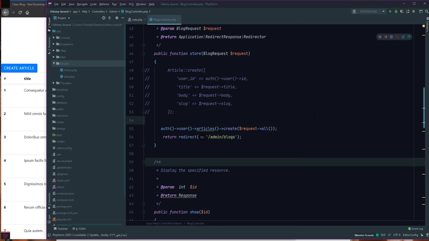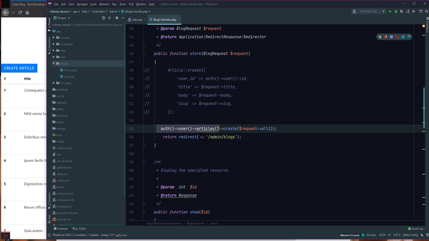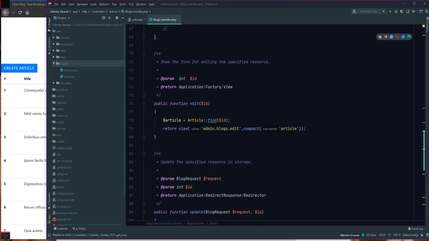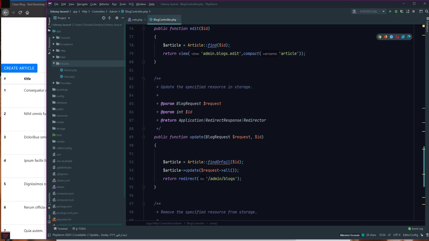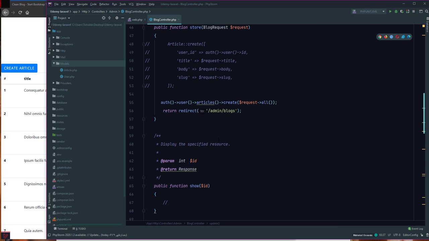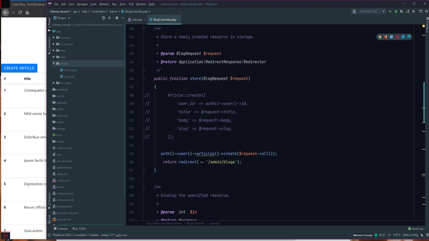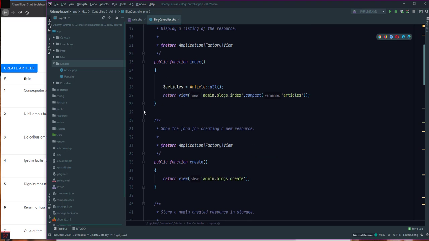We can access the articles and user name. I use this for the update method, this. Okay, and if I open the index